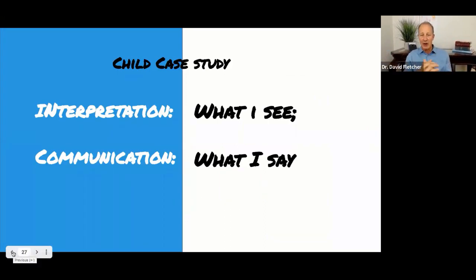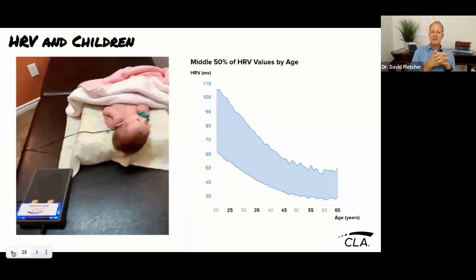So now we move into a child case study. And I've got a little bit of a treat here because I wanted to show you something of this. When we do children, and I put this in here because you'll notice that a child, in this case a newborn or an infant, is expected to have a very much higher heart rate. We also know that they also have a higher heart rate variability. And as a consequence of that, we know that in infants and children, there is a need to establish, because they have no voice, and we want to assure that their autonomic function is not only in balance, but